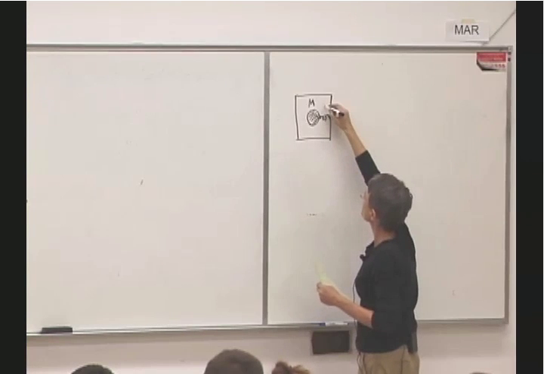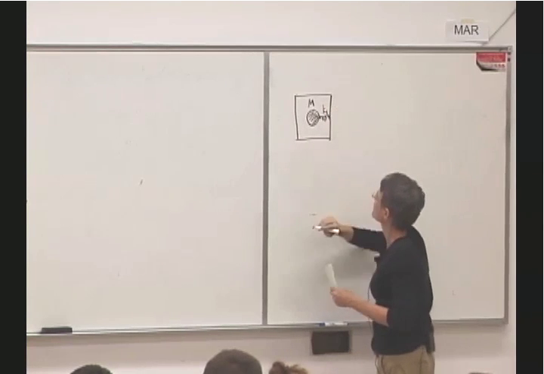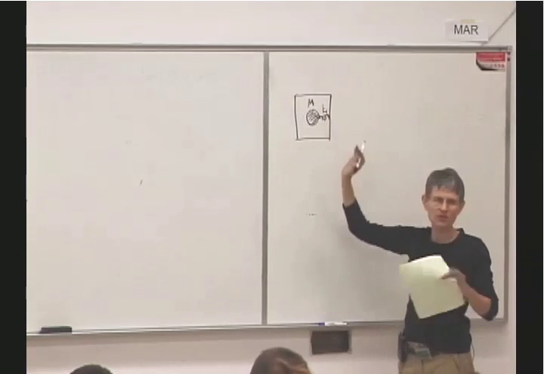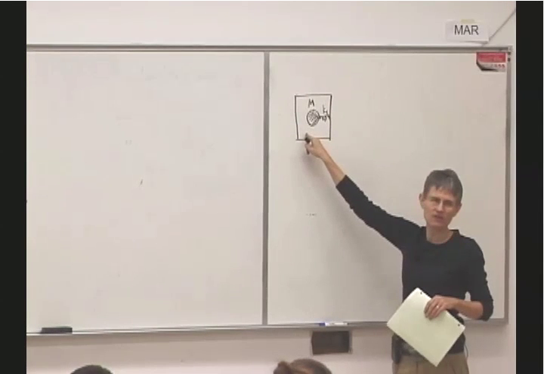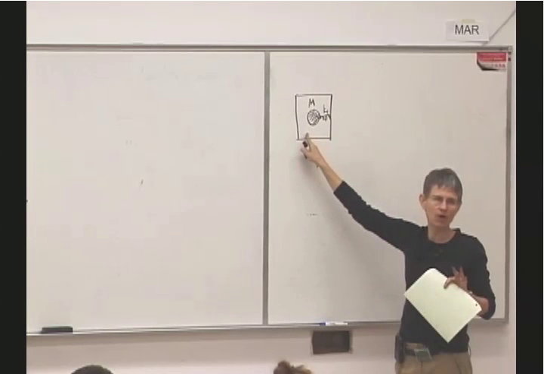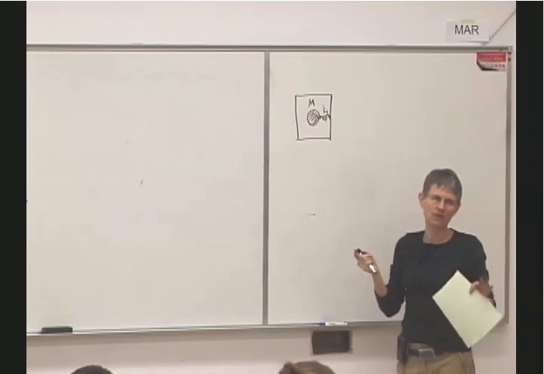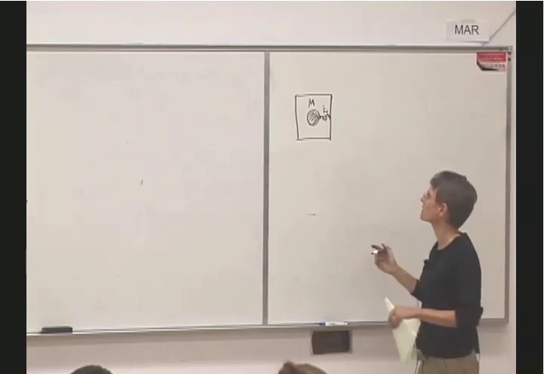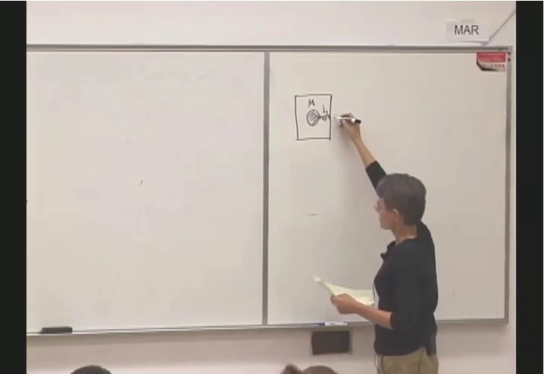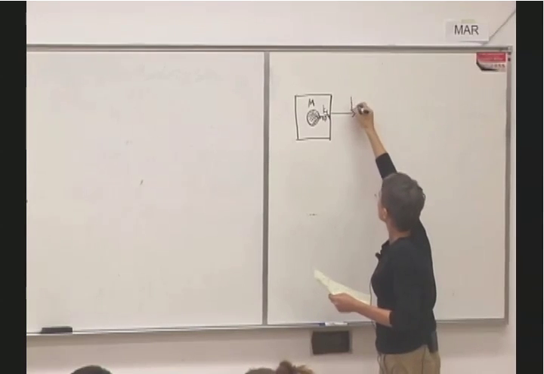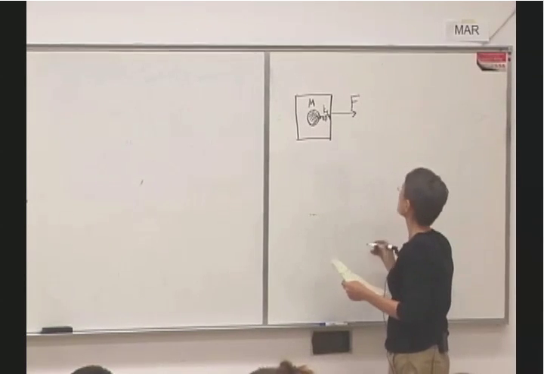So this is a spring. And in this system, the box and the spring have very low mass, so almost all the mass of the system is in the clay ball. So essentially, the center of mass of the system is going to be wherever the center of the clay ball is. Okay? And what we're going to do is we're going to pull on it with a force F, and